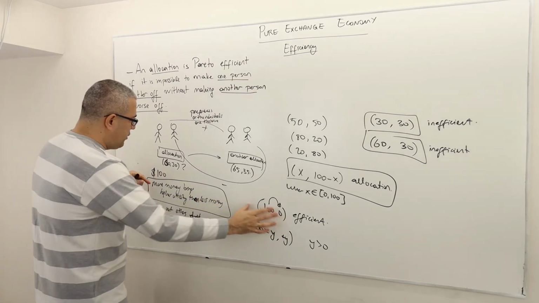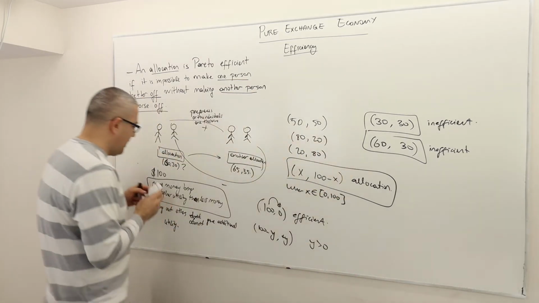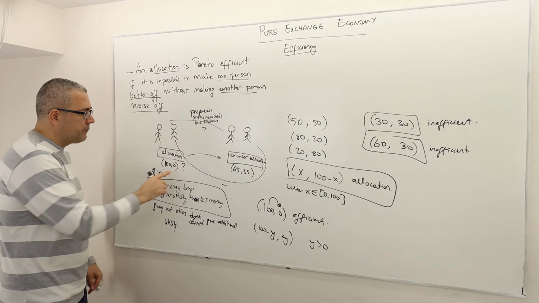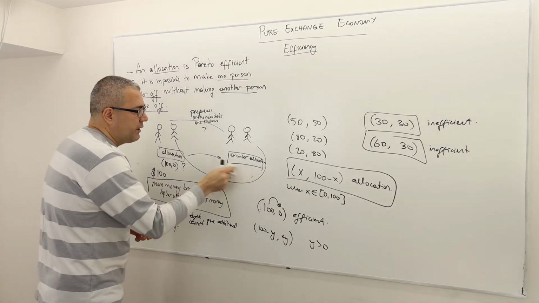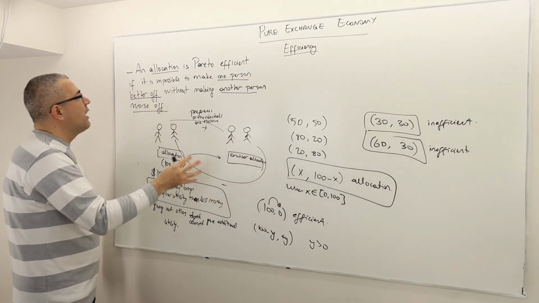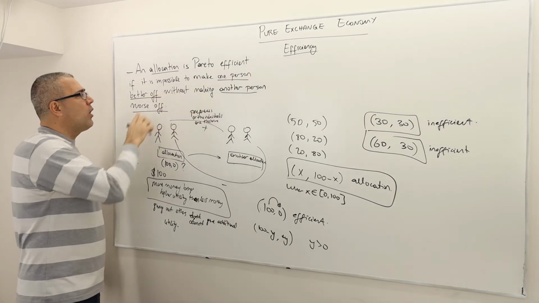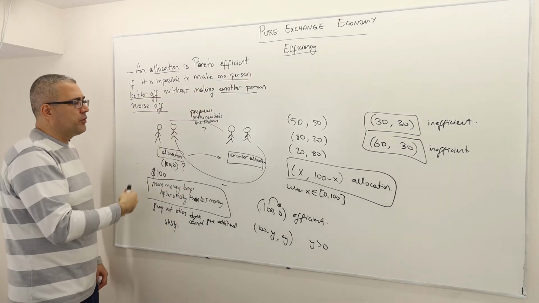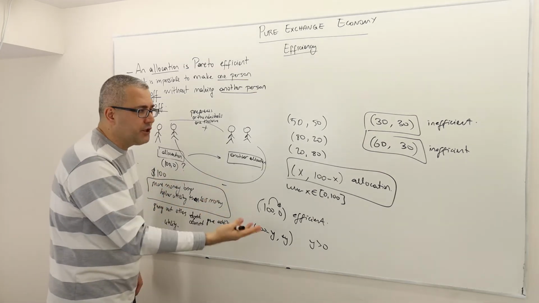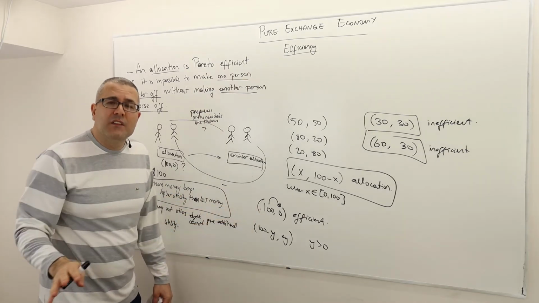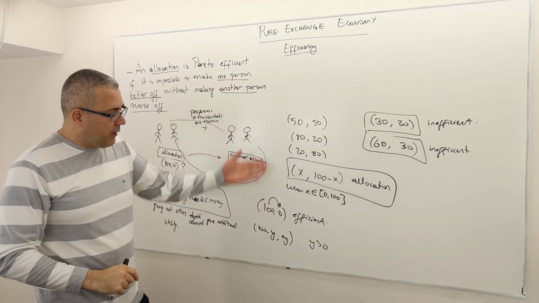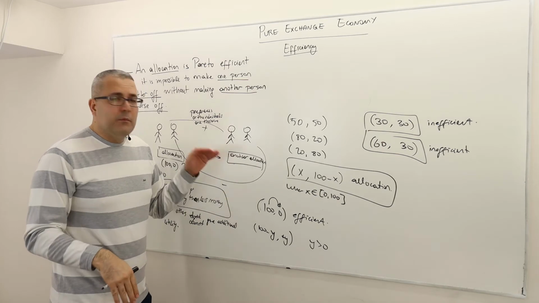That means once you are thinking of this allocation, all right, 100-0, is this Pareto efficient? Well, the answer is yes, it is Pareto efficient, because whatever other allocation you propose, clearly it is impossible to make one person better off without making another person worse off. So somebody will get worse off. So therefore, this allocation is efficient. All right. So improvement is not possible. So joint improvement is not possible. That's very, very important. So once again, it is very unfair, but it is efficient.